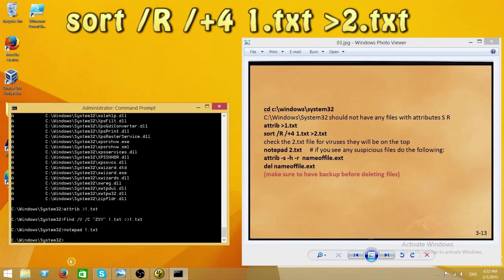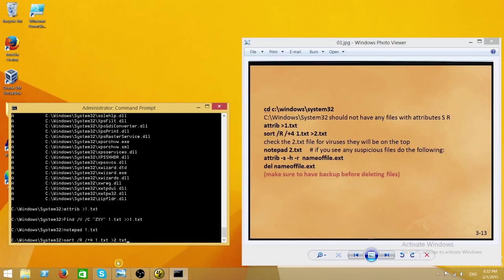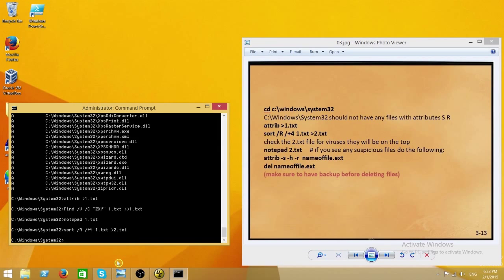Type sort /r /+4 one.txt greater than 2.txt. That will sort the one.txt in reverse order based on the content of the 4th column and put the output to the 2.txt. We do notepad 2.txt,